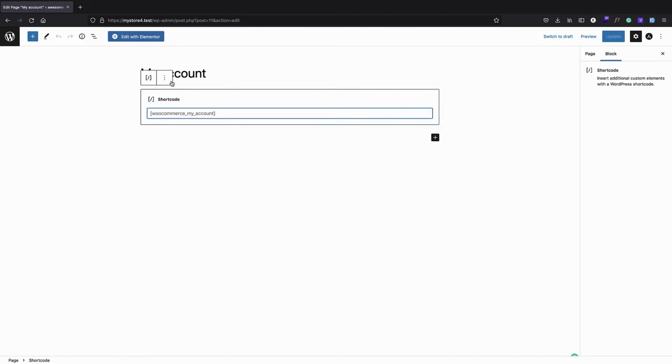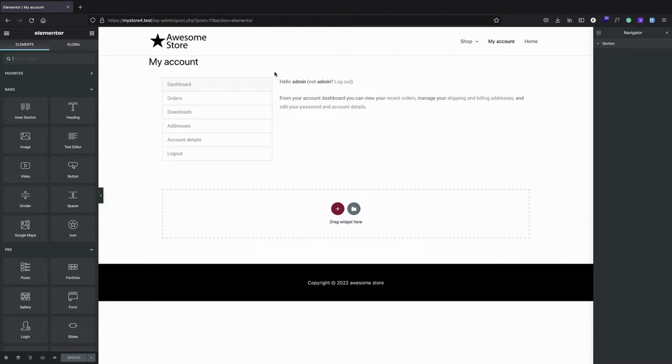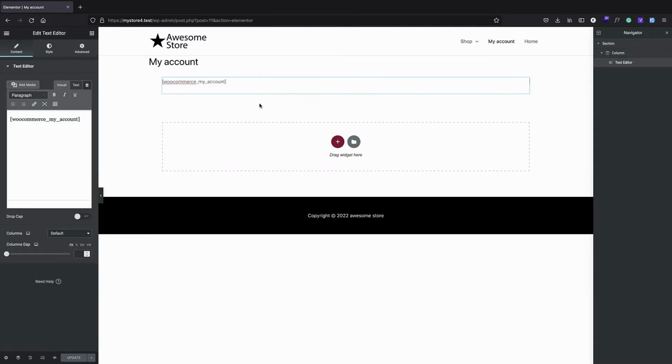And in this case, I'm just going to use Elementor, but you can just use any kind of page builder. And you also do not need the pro version of this page builder. So we are not going to use any pro feature of the Elementor. I just have to copy this shortcode here and start editing with Elementor. And now, of course, as you can see, we are getting this My Account page, but it's not inside the